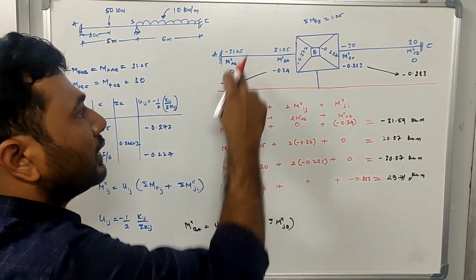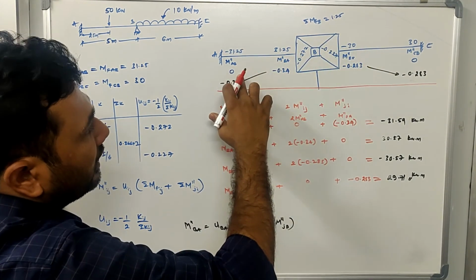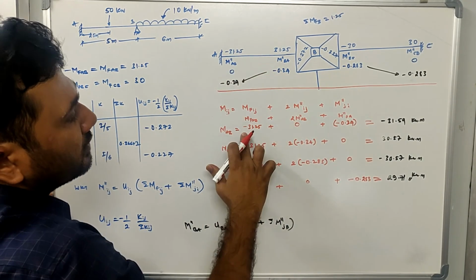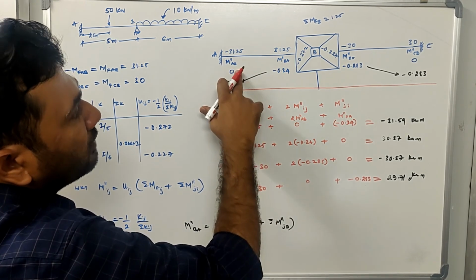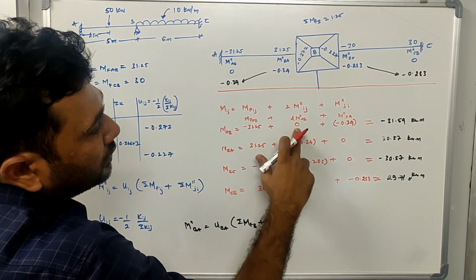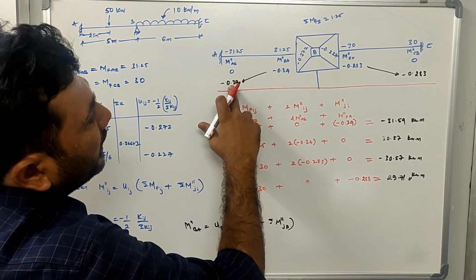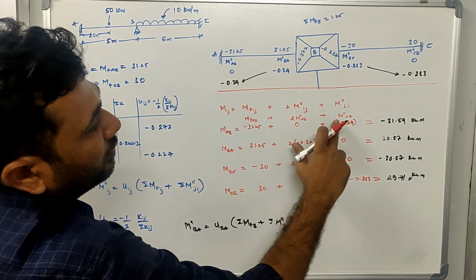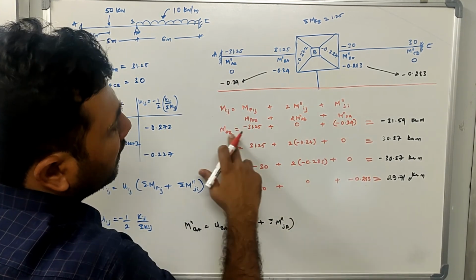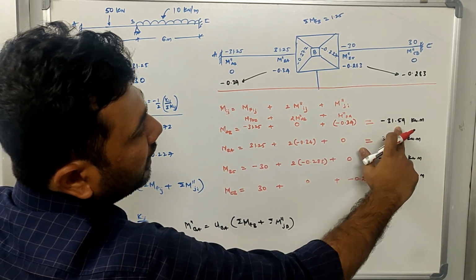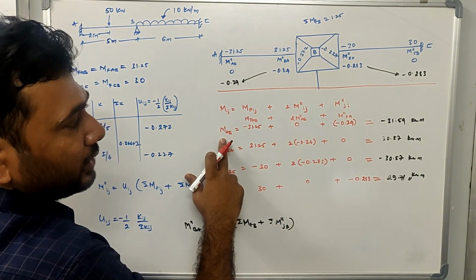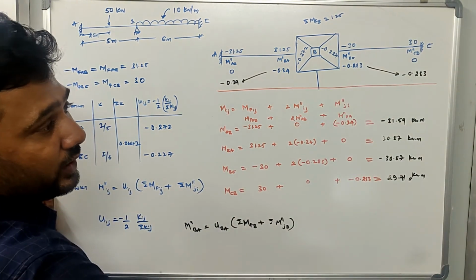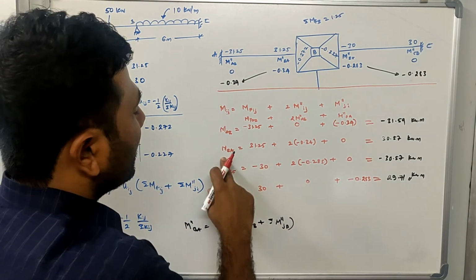Now let us go to the table that we had written. In this, let us determine MFAB, which is minus 31.25. The rotation moment at AB is equal to 0, so substitute 0 here. And the far end moment is minus 0.34, so M double dash BA is minus 0.34. Taking the sum of these will give me the end moment MAB. You can verify this value with the value that we solved from the slope deflection equation if you want to. Now let us go to MBA.